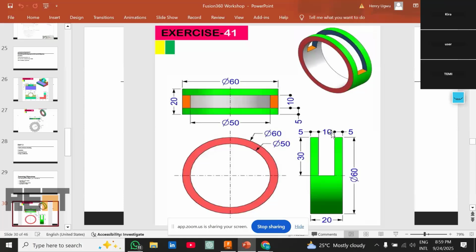There are two ways you can do that. You remember I told you whenever you are creating an object in Fusion 360 or in any CAD design software, there is no one step to do something. Someone can start from one end and arrive at the same result. You can start from another end and arrive at the same result. So there are several ways to do the same thing. So one of those ways you can create